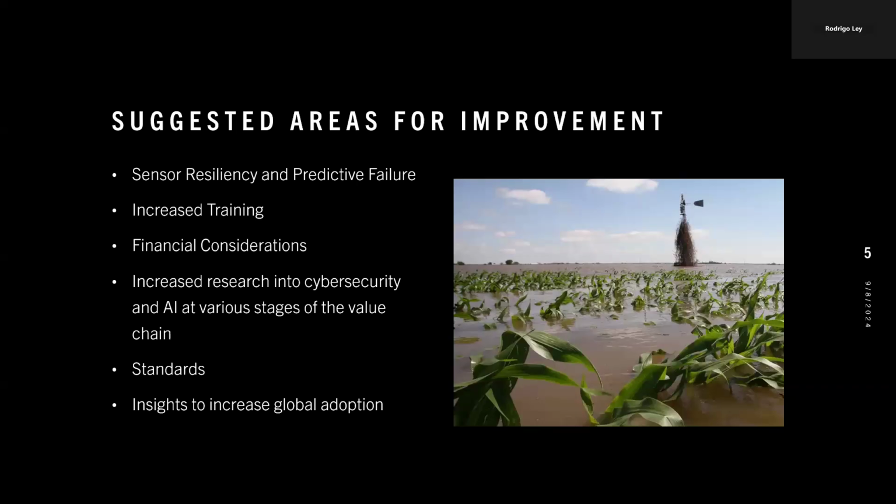So we don't know what the solution is, but maybe it could look like a partnership or a financing structure to help farmers initially adopt the agricultural IoT on their farms and wait until they've realized the gains and the benefits of IoT before they start paying back that debt.